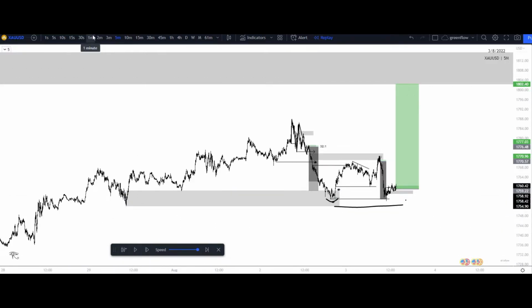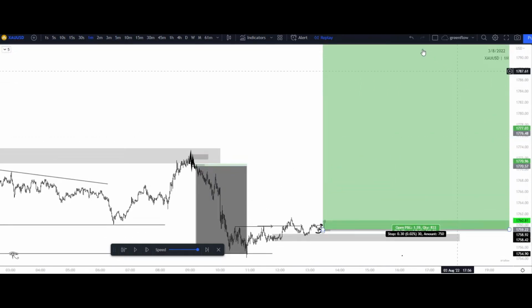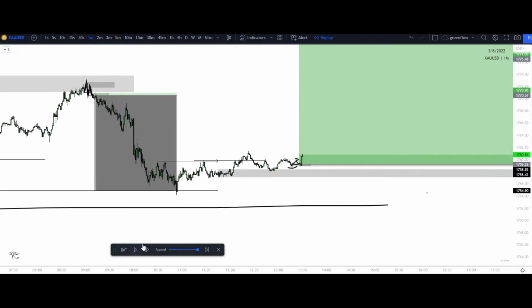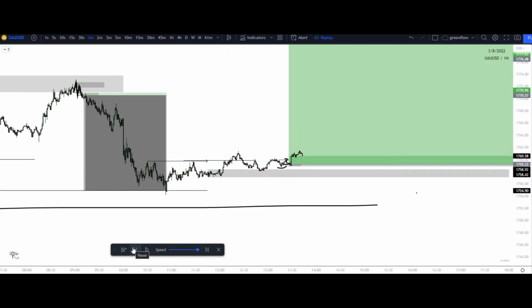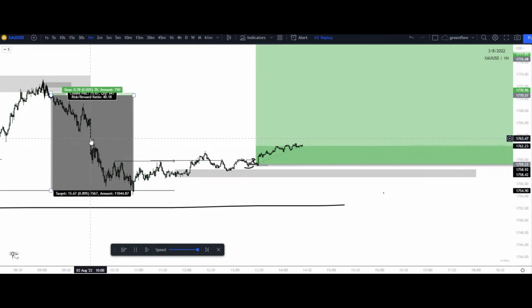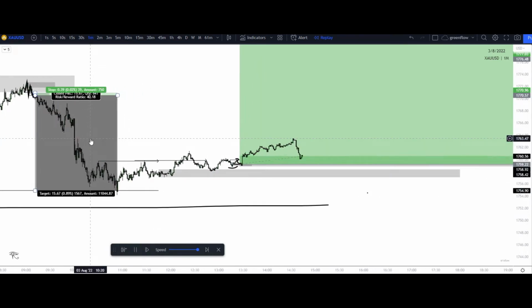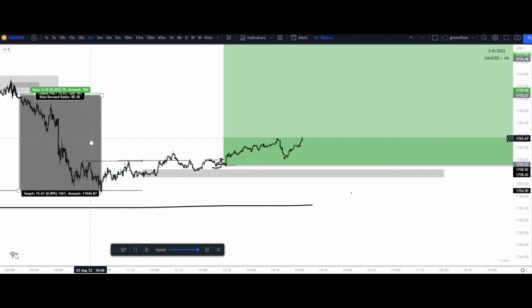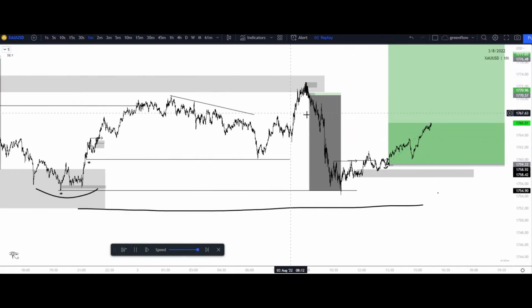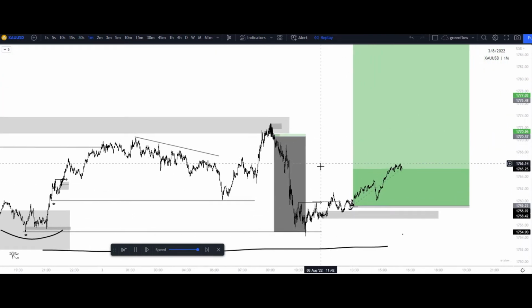So let's go ahead and see how price reacts to this zone. We want to see it jump off of that zone. We saw that first bullish candle with impulse that showed us what we wanted to see. And then let's see now what it does. We want more of a range break for that continuation of this high right here. Once we see this broken, we should see higher prices overall. We put in a higher low right here, fill this imbalance right here, and then start to move higher overall.